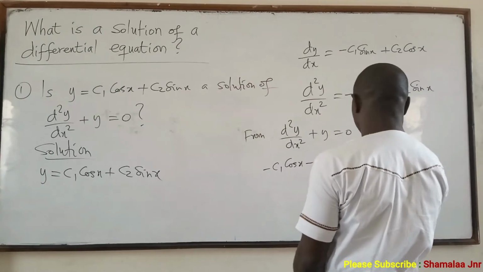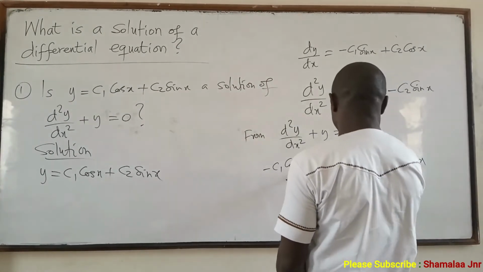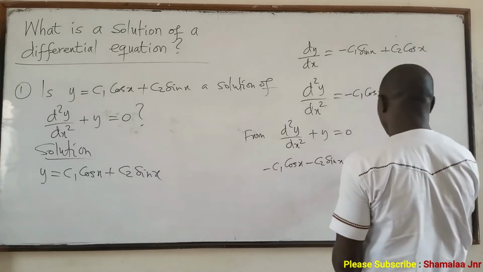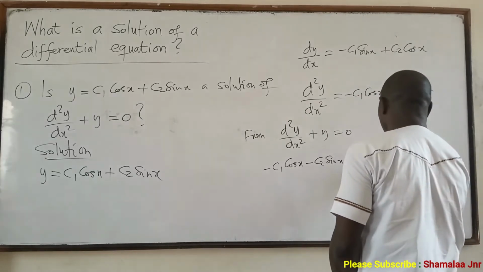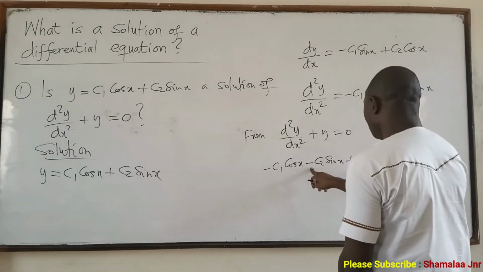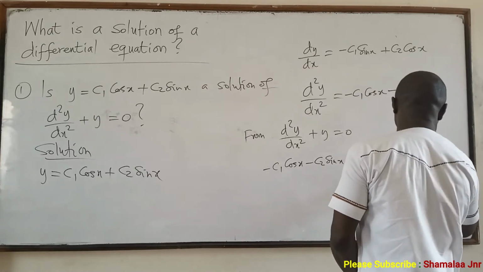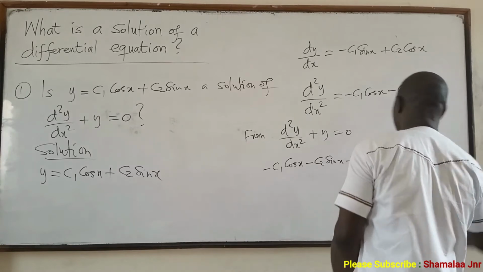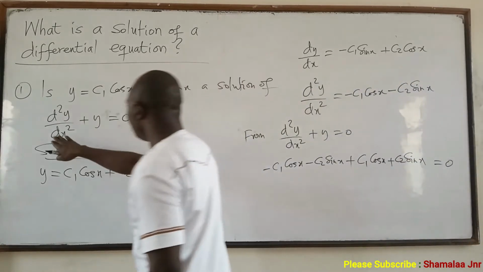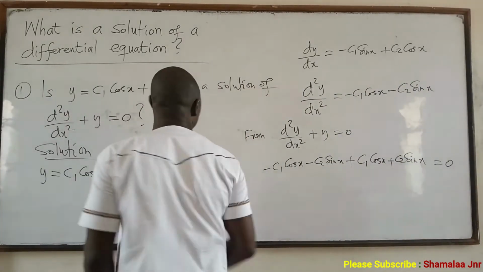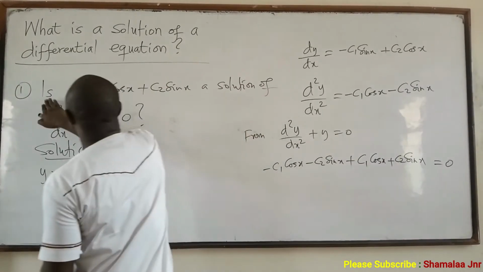Now let's check. This one is C1 cos x negative, and this one is C1 cos x positive. So this one will cancel this. Negative C2 sin x will also cancel positive C2 sin x. So this is equal to 0. Are you seeing it? And because I'm able to get 0, we can say that this one is a solution